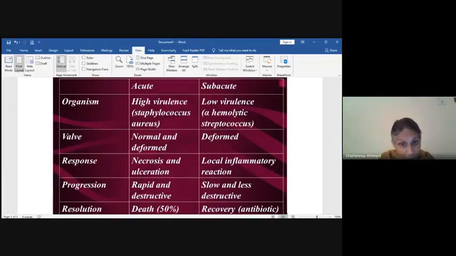Now the end systolic volume, again, is increased in dilated cardiomyopathies and it is decreased in hypertrophic cardiomyopathies. Now, if we look at the stroke volume, the amount of blood which is pumped out per beat, in dilated, stroke volume is markedly decreased, whereas in hypertrophic, it is normal or it might be increased. But the increase is not that high.